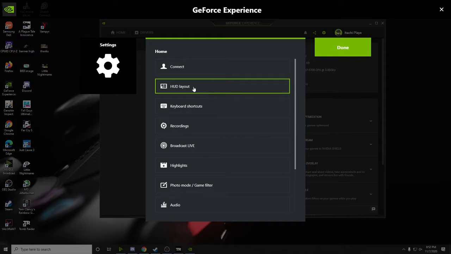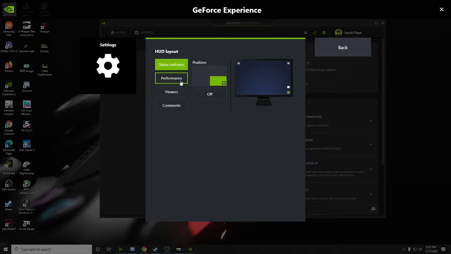Click on it, and under performance you'll be able to see it. By default it would say off. What you need to do is turn it on and select which quadrant you want to display it on: right, left, bottom left corner, right corner. It's up to you, it's your preference. So this is how you need to enable it.